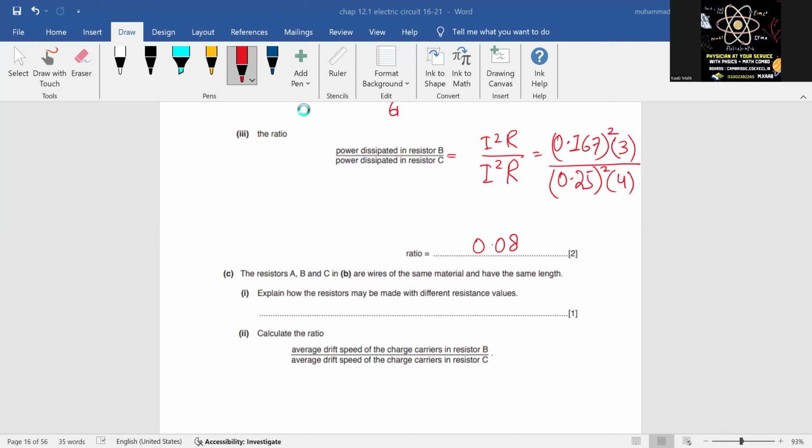The resistors A, B, and C in part B are wires of the same material and have the same length. Explain how the resistors may be made with different resistance values. जैसे इसका जो रेशियो आ रहा है दैट इज 0.333, आपका 0.088 कैसे आ रहा है? इज द रेशियो जी सर, सॉरी, वो 0.33? स्क्वायर करना भूल गई। ओके, फाइन,